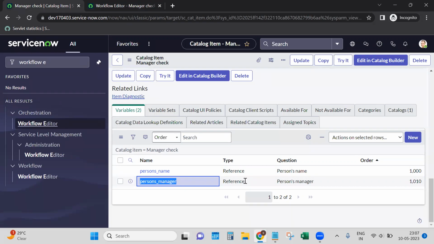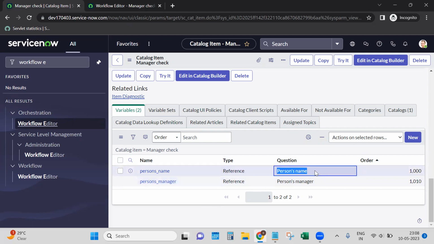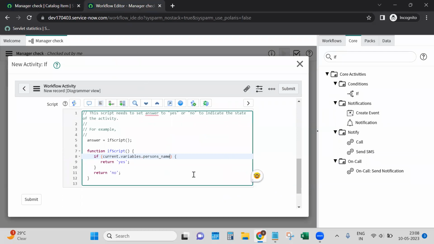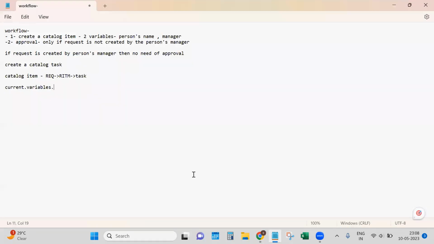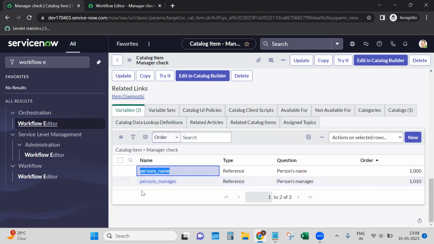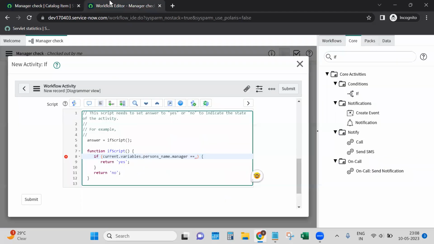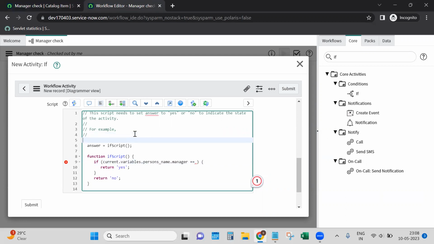If current dot variables dot person's name dot manager is equal to, or we can say like this,